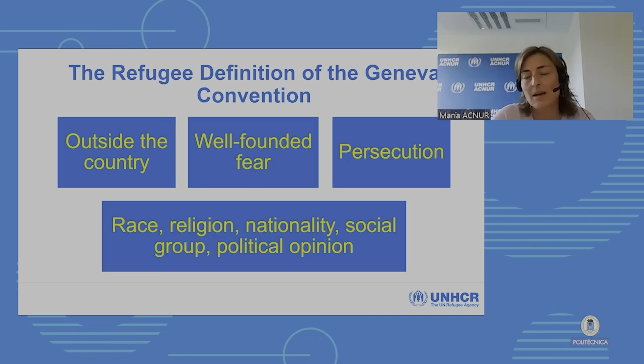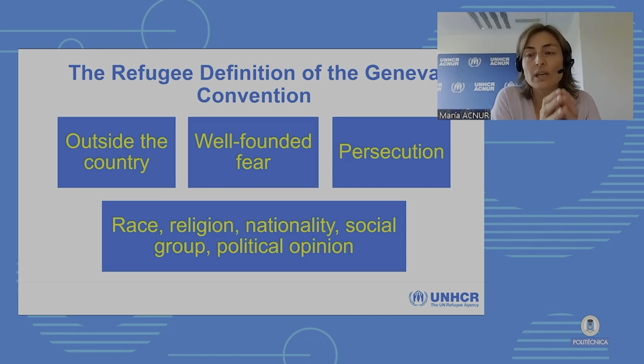This is a very silly example, but if someone comes and says, "I left my country because the aliens were arriving," with all my respect, I think that nowadays that wouldn't be a legal basis for becoming a refugee. So the fear has to be founded in reality, and that means that we have to consider two aspects. For one side, the personal circumstances of the person who is asking for protection, which can put that person at risk. So it always has to be an individual assessment.